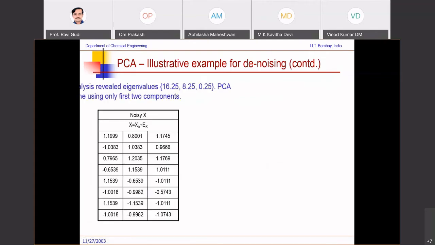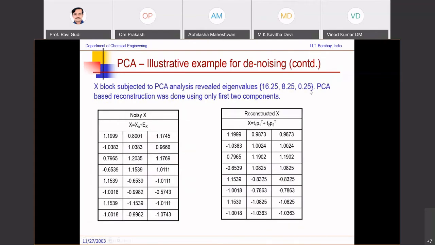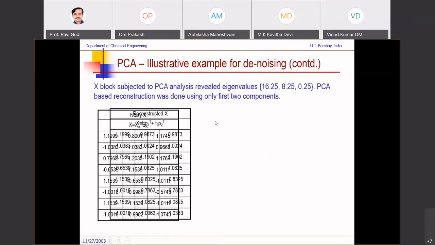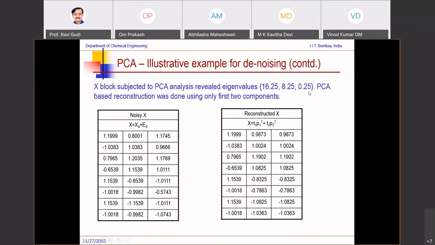Okay, very interesting, right? So what happens here is, when I do PCA, the smallest eigenvalue actually happens to be noise. Now let me step back again. If I had done a PCA of this original matrix, which does not have noise and has 2 collinear columns, in terms of 2 identical columns, the PCA of this true X would have given me a smallest eigenvalue of 0. But if noise of 0.25 is added to this, that noise shows up as the smallest eigenvalue equal to 0.25.